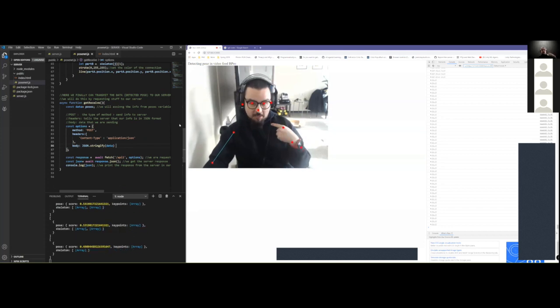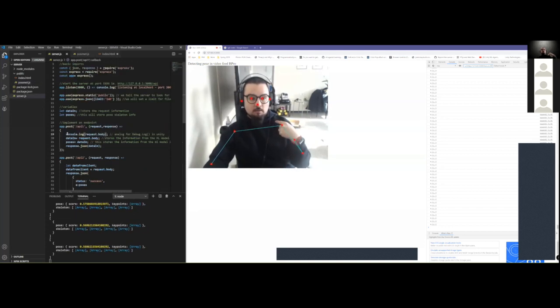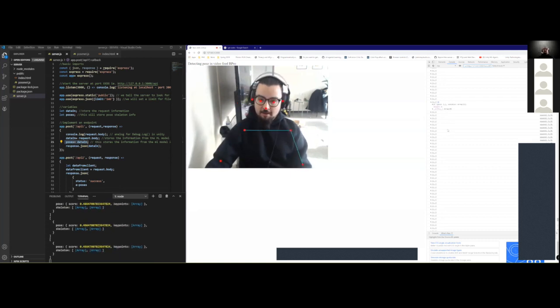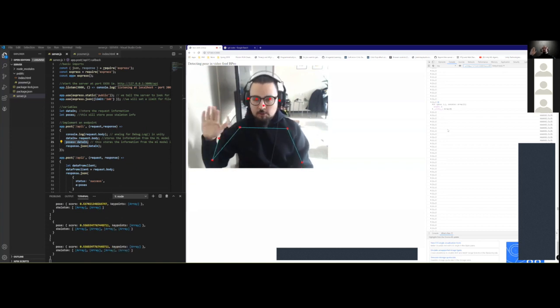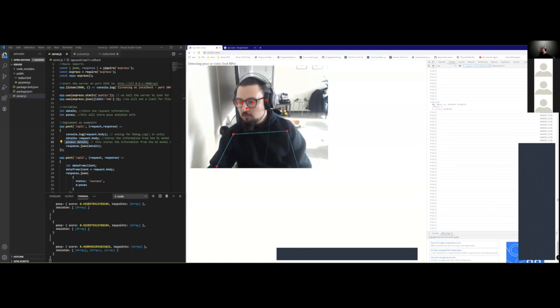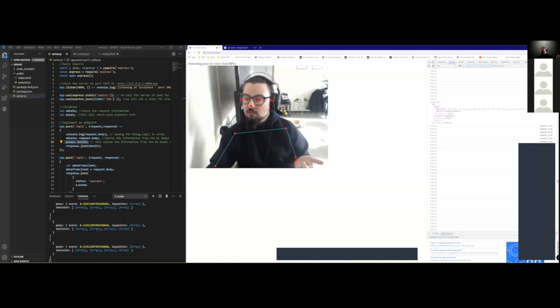But at the same time, from this endpoint, we are sending back to my website the information that we are getting, right? So we're sending the information, but we're getting back the same information, just for debugging purposes, right? So you can see here that this is actually getting one pose. It says the score is like 0.43. It's detecting 17 key points. So you see the key points here,